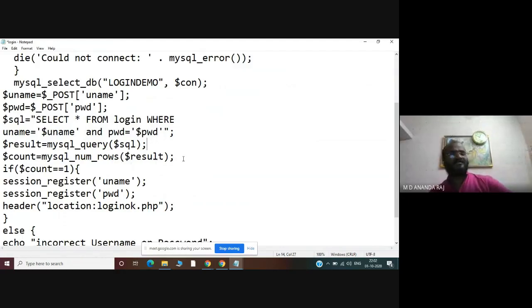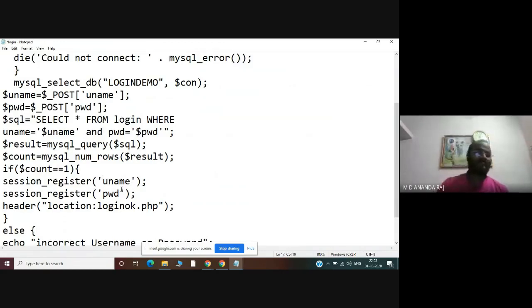So what is the result? If the result is present, and both the things are matching, if dollar count is equal to 1, then session underscore register. It is going to start the session for both the username and password for the particular user.